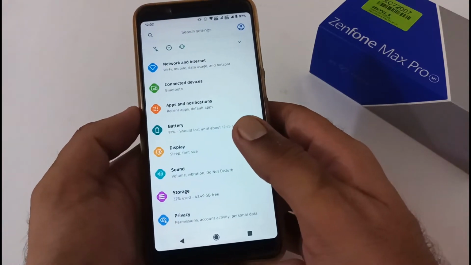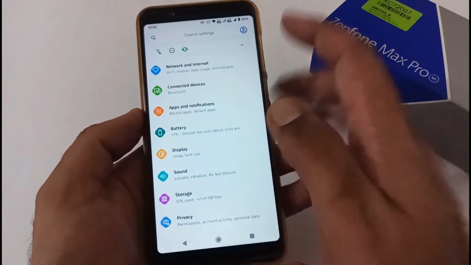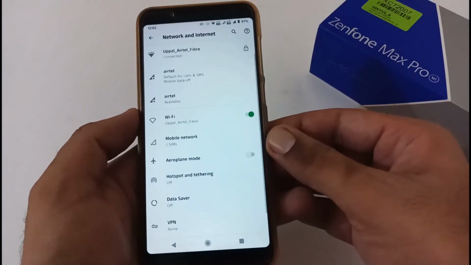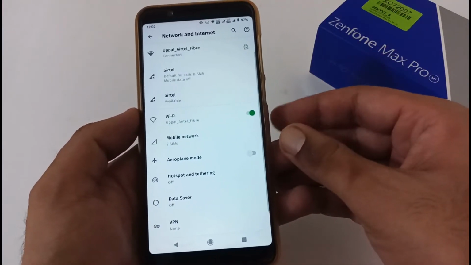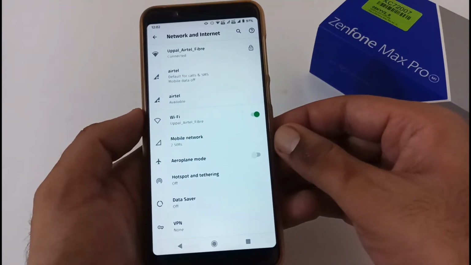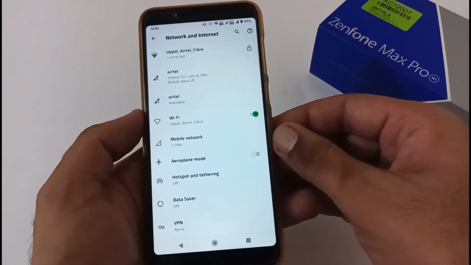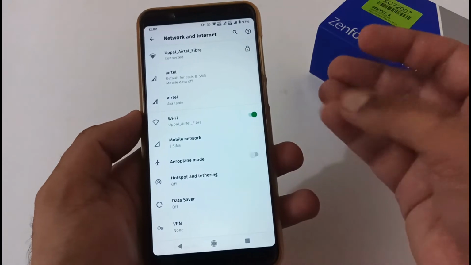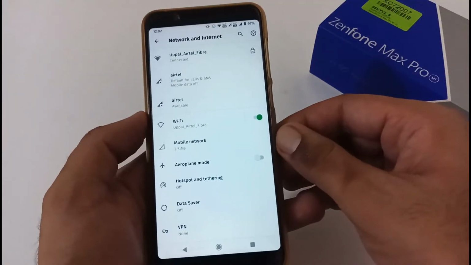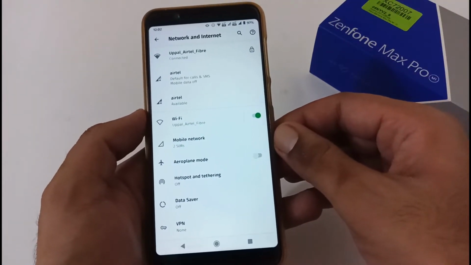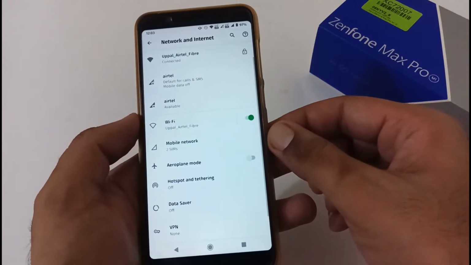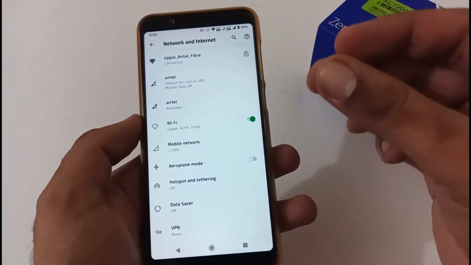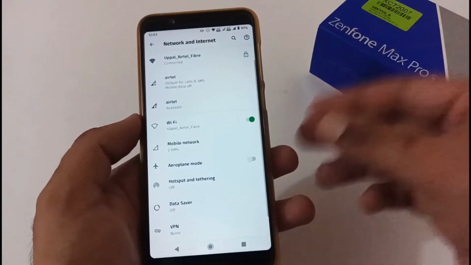So after connected devices, now let's move to network and internet. From the network and internet point of view, the native video call related provision is still not working, but Wi-Fi calling is working absolutely fine for Jio and Airtel SIM. There is no glitch with that. Apart from this, the good news is that call recorder is available and it is working all of the time. You can consider 96 to 97 out of 100 times.